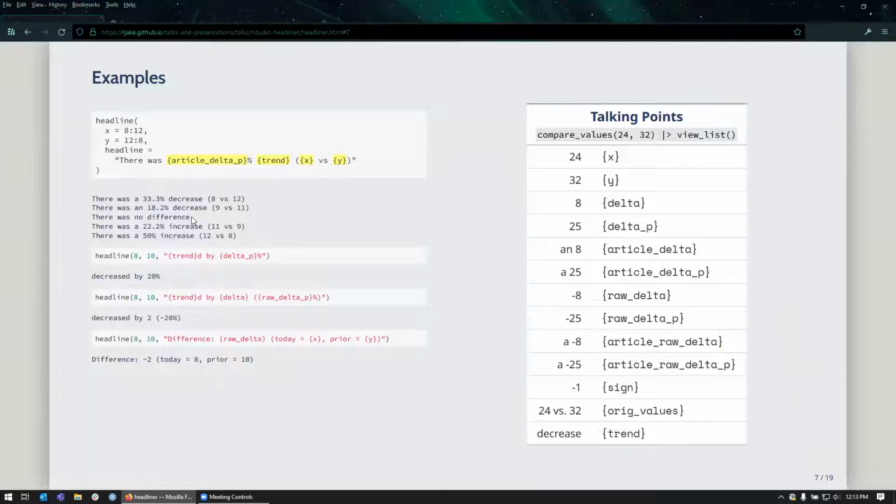If there's some control, you can tell it what to write if there's no difference at all. By default, it says there was no difference, but you can also specify what you want that to say. And then when the numbers were higher, it's saying a 22% increase, a 50% increase. Increase and decrease are the default values for trend. Because they both end in an E, we can just add a D to the end. So if I just say trend in the curly braces and add a D, I'm going to get decreased, increased,